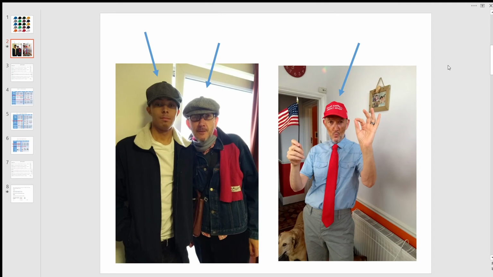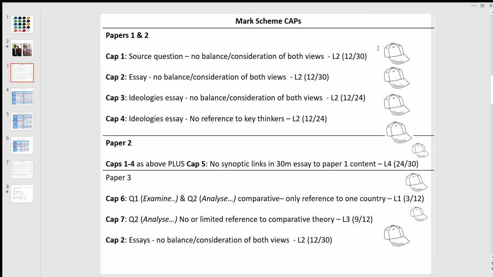And the people who wrote the Edexcel one seem to have gone a little bit crazy when they were doing the new syllabus, because they've put in loads of these caps on achievement. So I'm just going to go through what these ones are. Okay, so cap 1